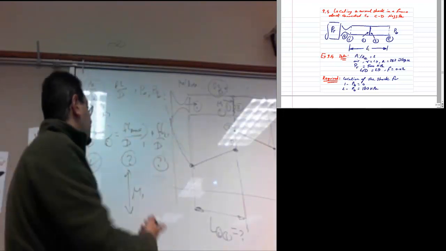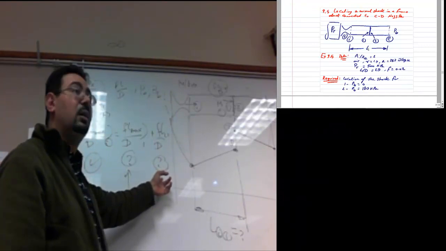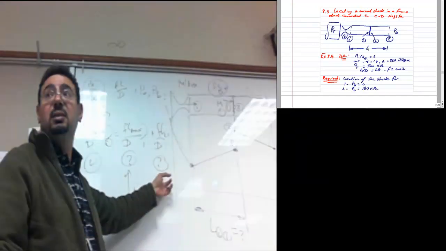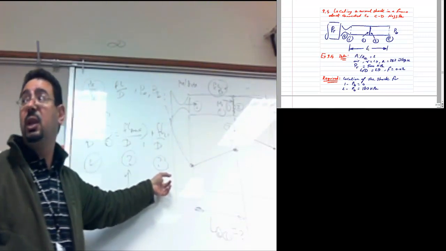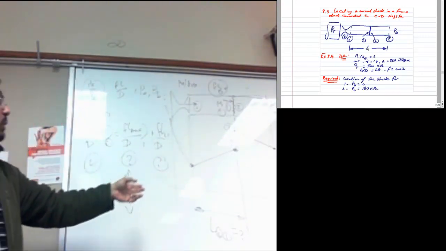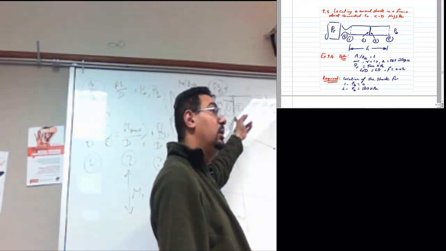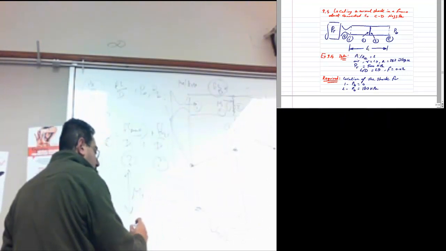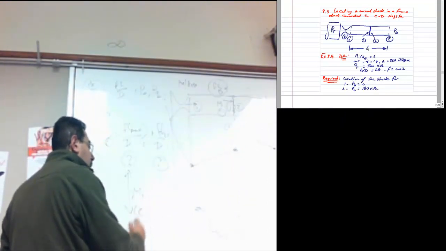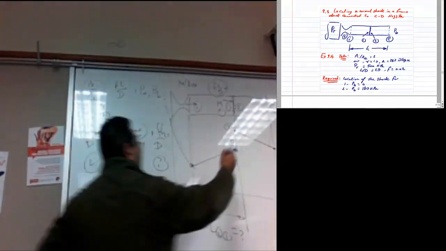So John is saying, since we have two unknowns, maybe you can guess this guy. But then I asked him, if you guess, you need to be able to check your guess and say, well, was this a good guess or not? So if you assume the location of the shock, you should be able to solve for M1. And if you solve for M1, then through a normal shock table, you can solve for M2. Right? And now if you have M2,